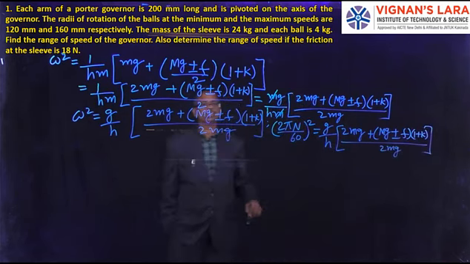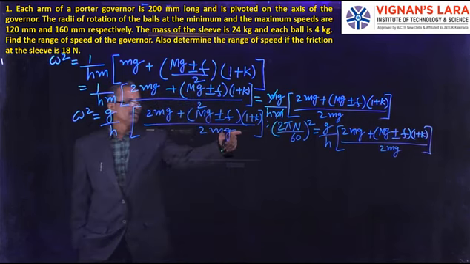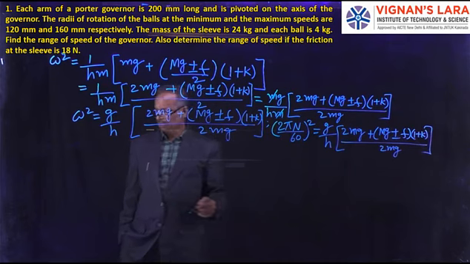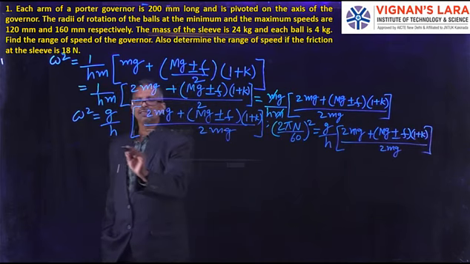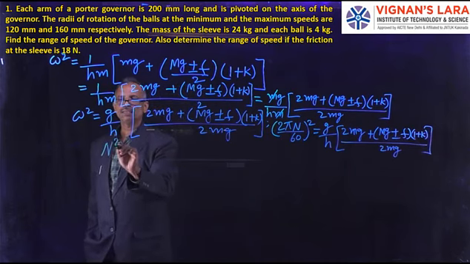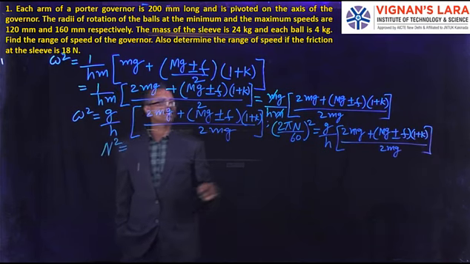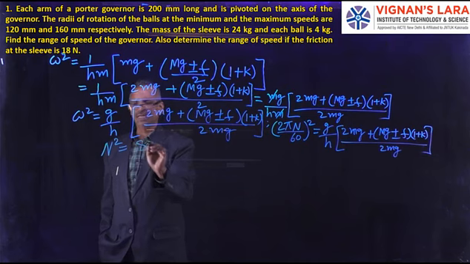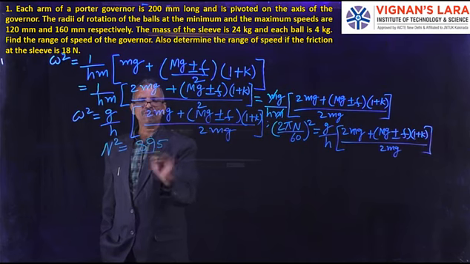I can also write, substituting z as 9.81, n square is 895 by h